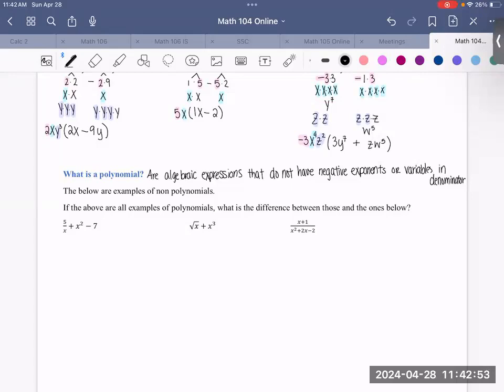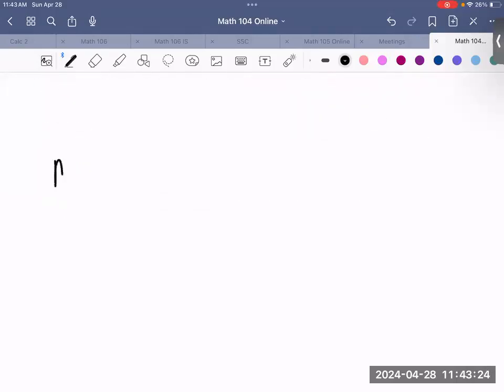With a quadratic, now we're stepping up your exponents to have an exponent of 2. If we were talking about cubics, they would have exponents of 3, but still they are not able to have negative exponents or variables in the denominators. So some of the below are examples of what it means to not be a polynomial. Everything that we have been exposed to so far is a polynomial, whether that is one term called a monomial,